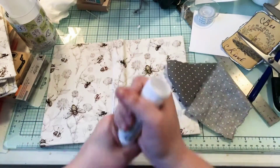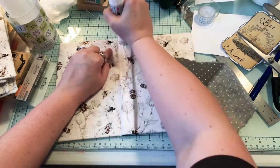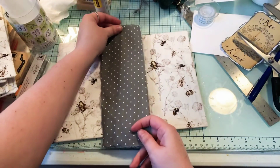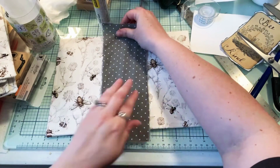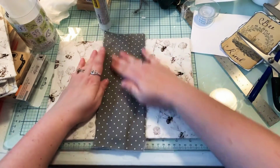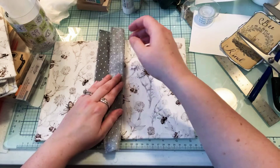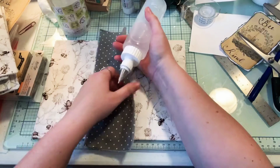Super duper cute. Okay, using my Scotch Create glue stick right on this fabric that's already here. Yep, fabric. It works great. And I'm just going to put this sort of in the middle. Kind of feeling more than seeing. And then I'm going to put my Fabrifix down on this